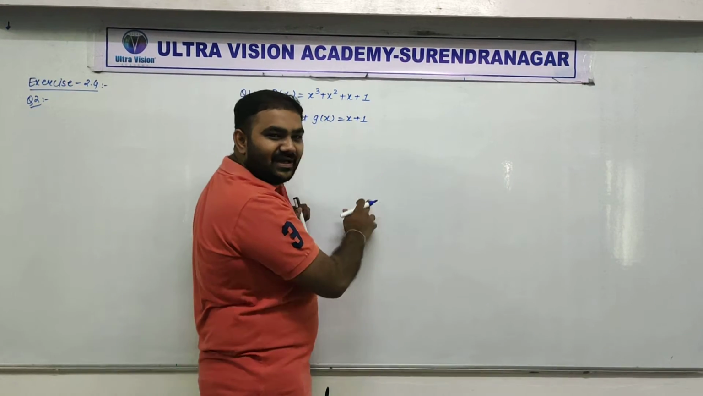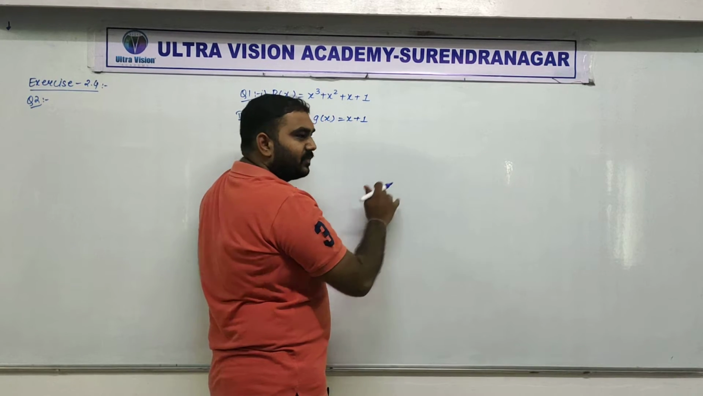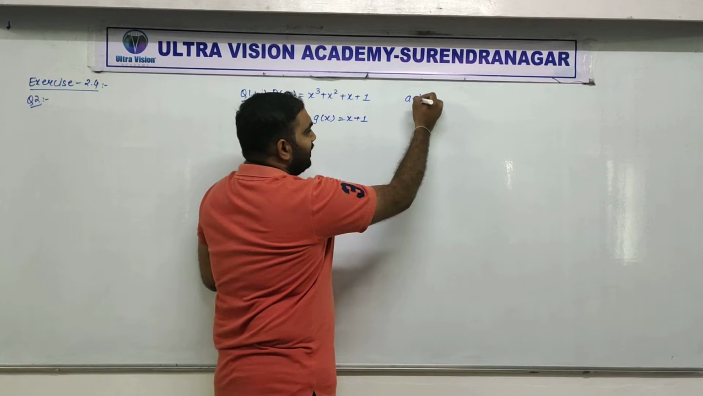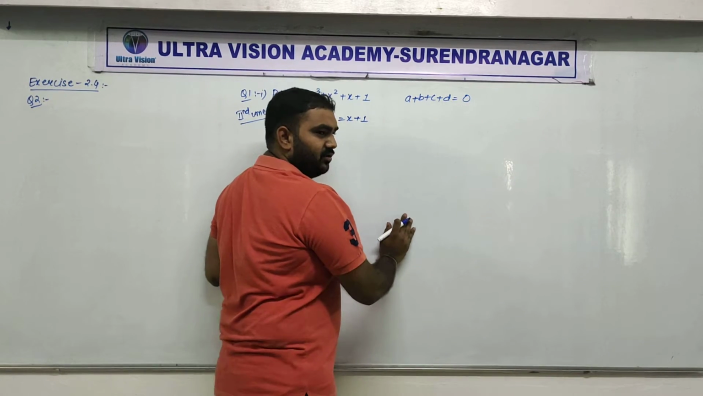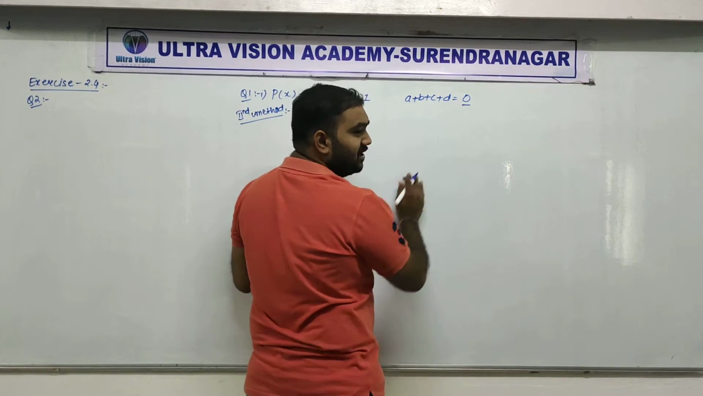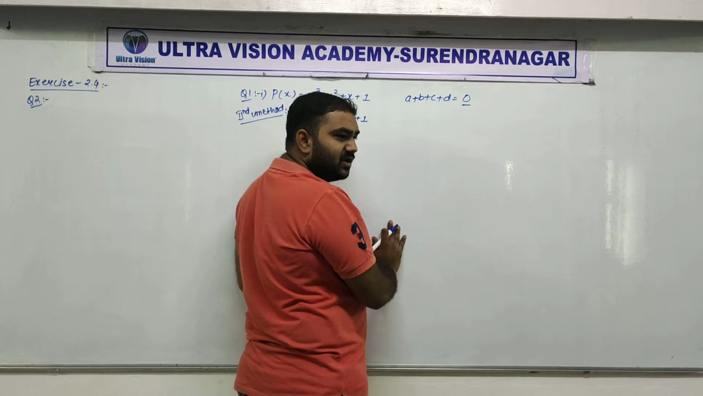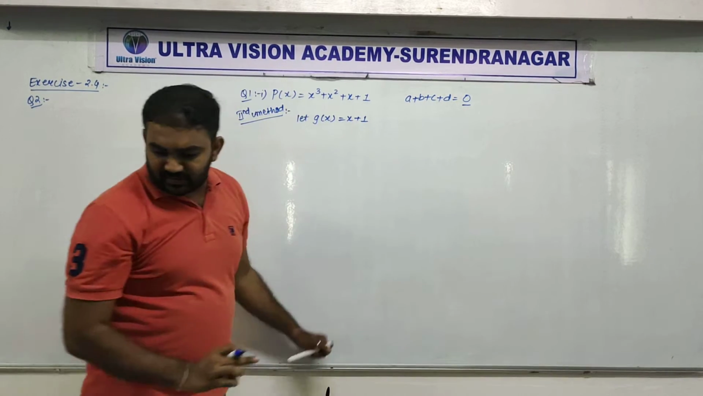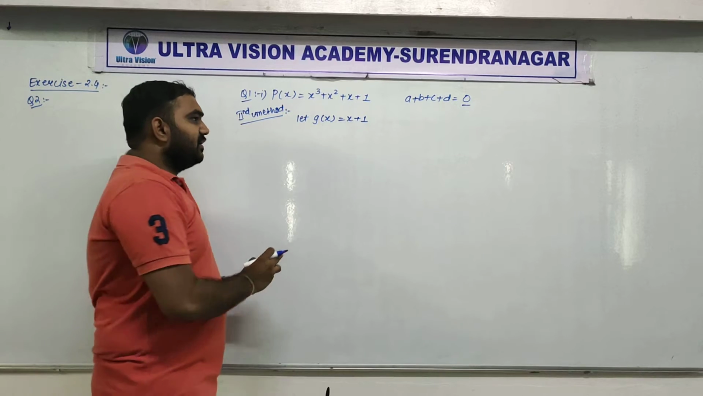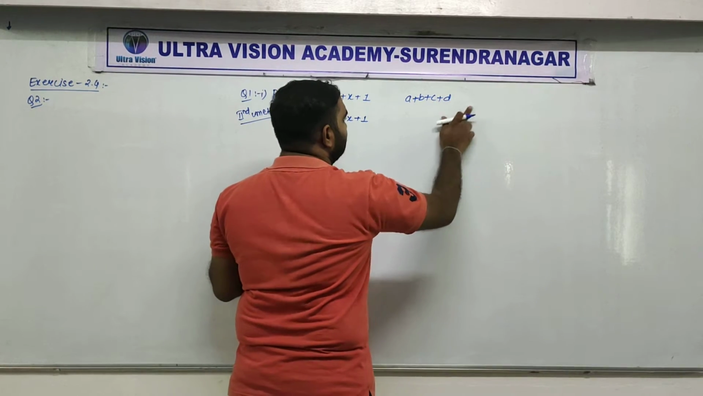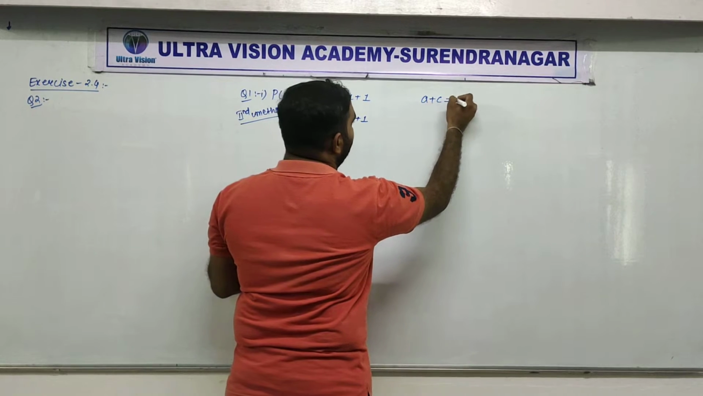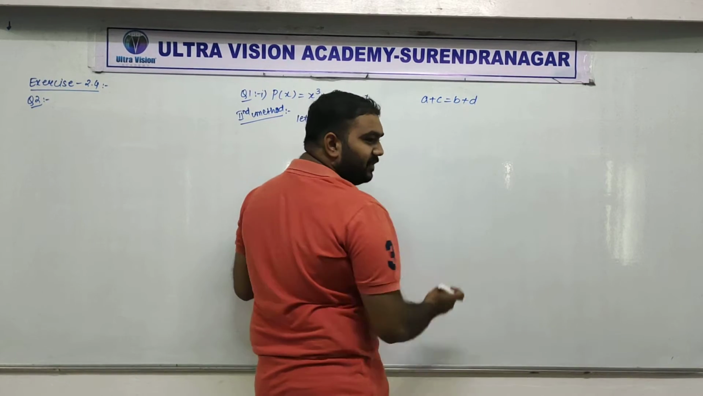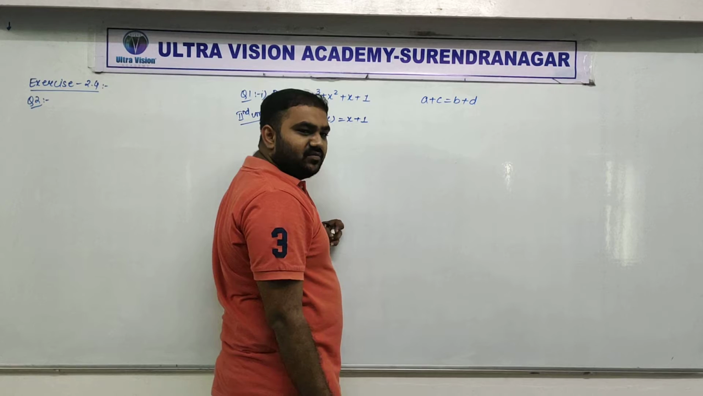Now, in the first method that we solved yesterday, what did we do? First of all, I check whether a plus b plus c plus d is equal to 0 or not. If this is equal to 0, then x plus 1 is a factor of p of x. Sorry, I wrote down the other one. If a plus c is equal to b plus d,